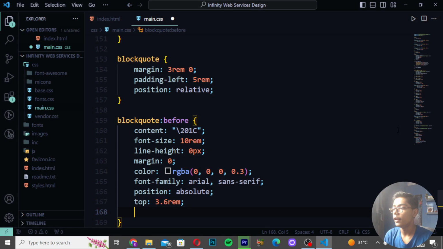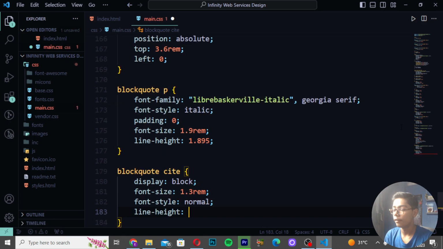Then you have to create blockquote. So here I will be writing blockquote cite and then write display block. Write font size and then create 1.3 rem and write font style as normal. Then when you have written that, you have to create line height 1.615. Then when you are done with that, you have to create the blockquote again and write cite